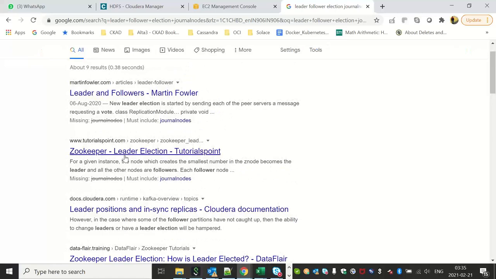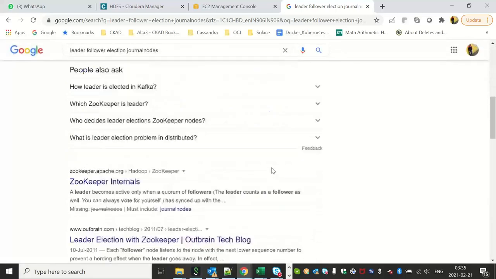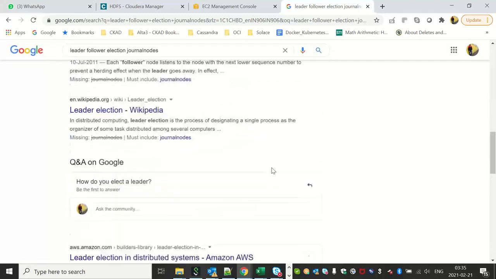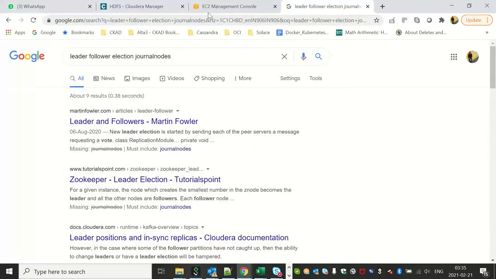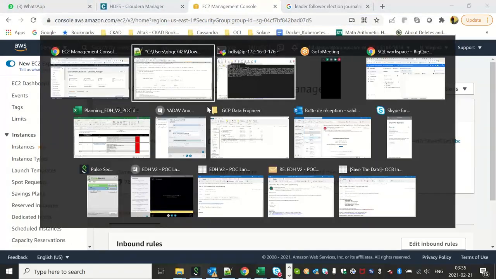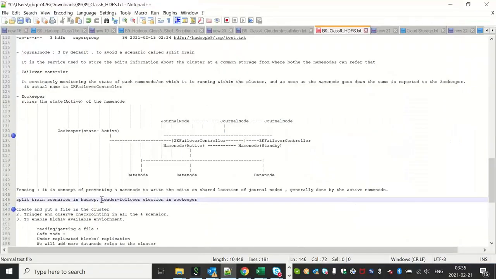Yeah, I think it happens with ZooKeeper only. So read about what I was talking about as election scenarios, the leader follower election scenario in ZooKeeper, and split brain,